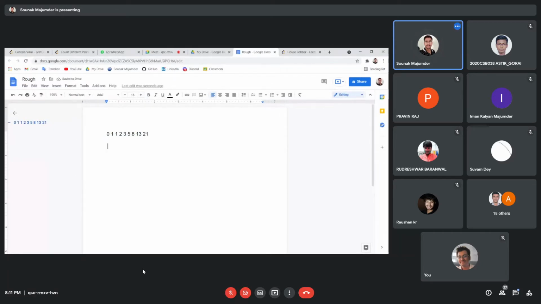So each of these numbers is a sum of the previous two numbers. 2 is the sum of 1 and 1, 3 is the sum of 1 and 2, 5 is the sum of 2 and 3.